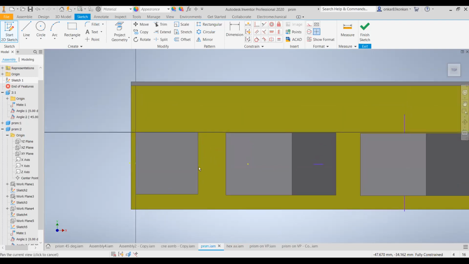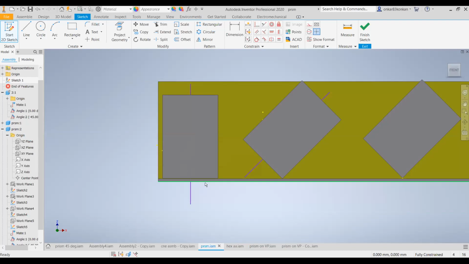Now from this, take the projections. Project this line on the vertical plane, and project the second line. You can even project the axis, that is the midpoint, and then complete the front view. In the front view, as this is a square prism, you can observe a rectangle. Take this height, it is 60 mm, I think, and complete this rectangle. So this is the front view, and this is your first stage.